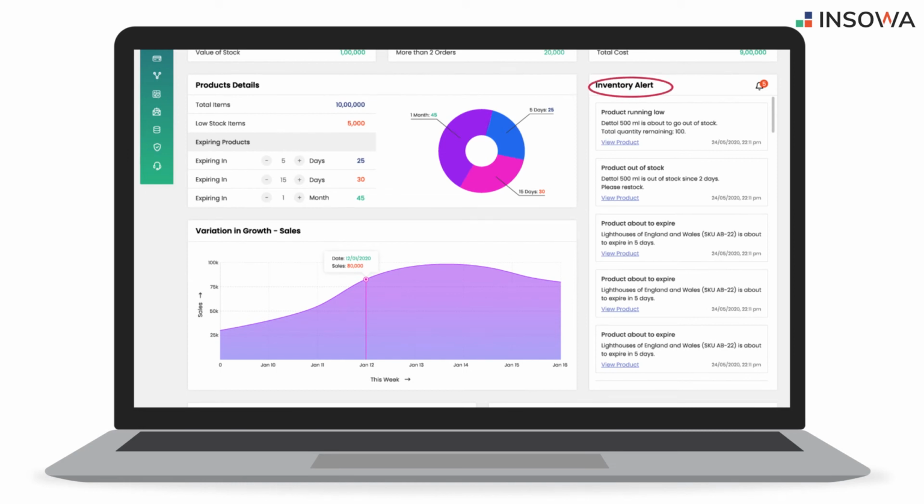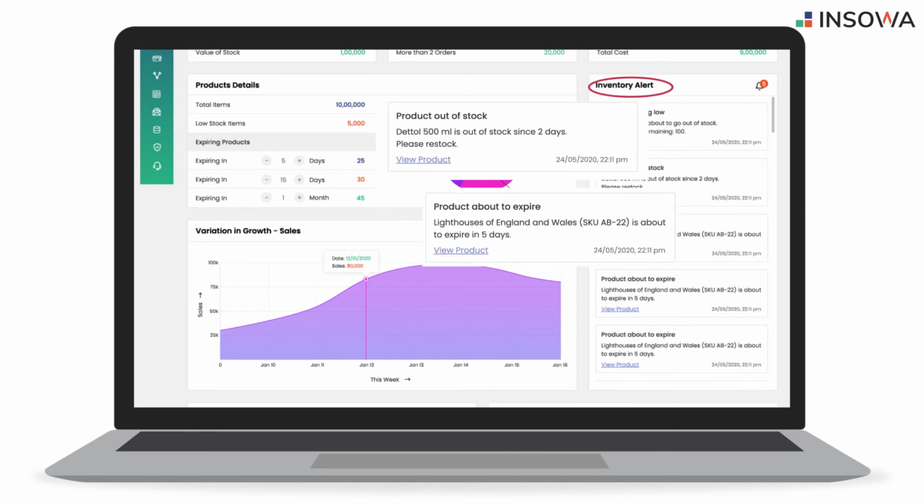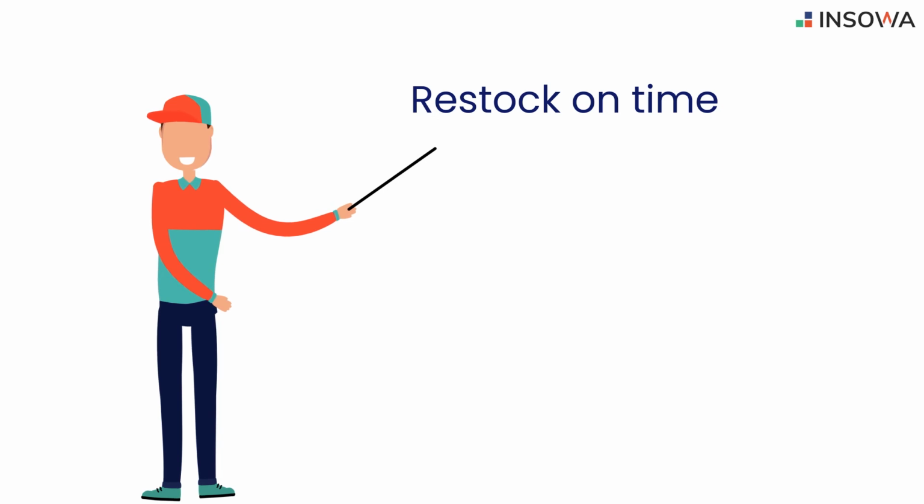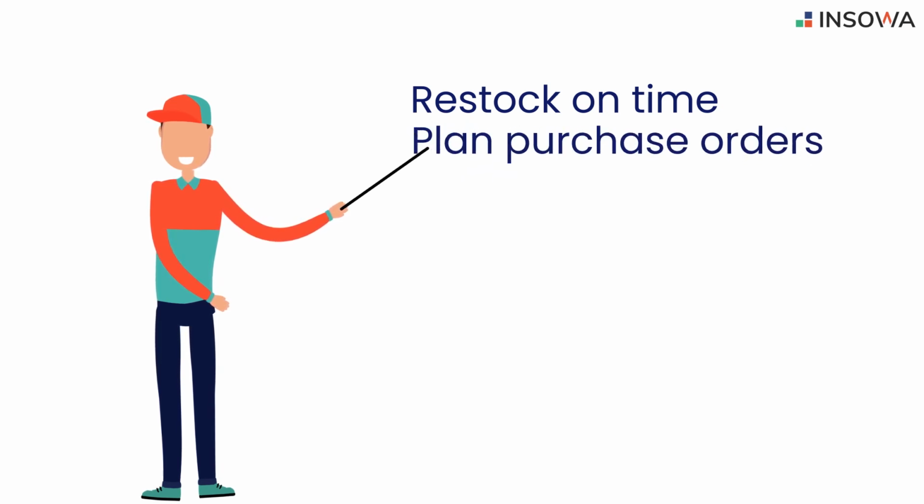Let's take a look at the inventory alerts here that sends you notifications of specific products that are low in stock and near to expiry. Not only this, here we have the list of top-selling products. It serves a great purpose, it helps you restock on time and also plan purchase orders according to the customer's